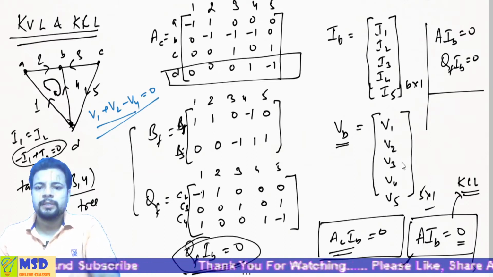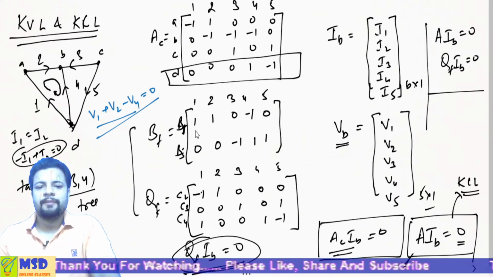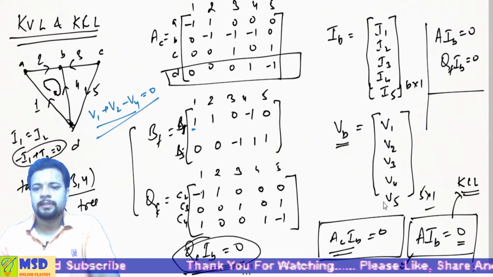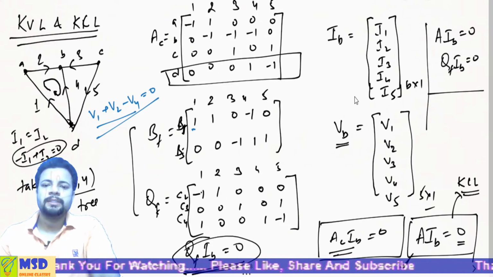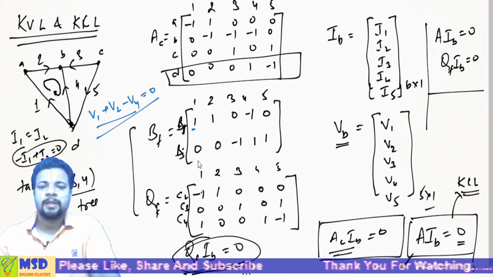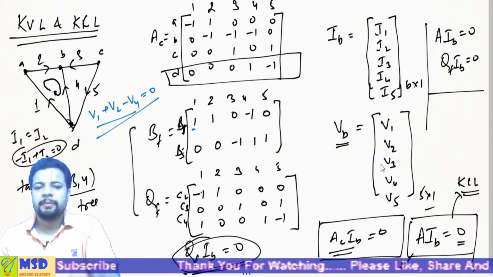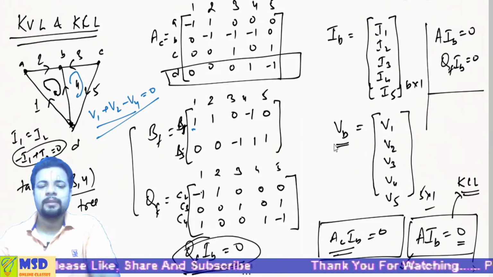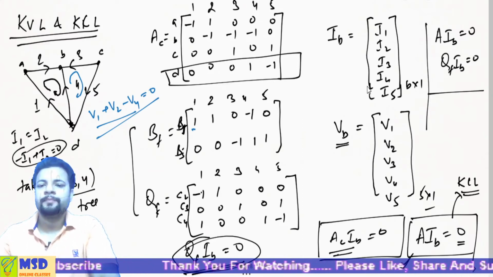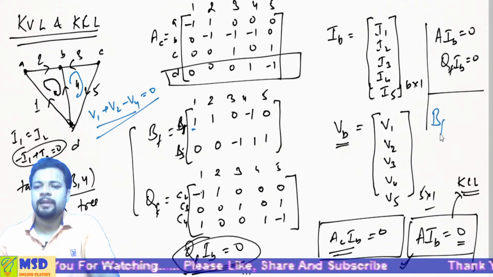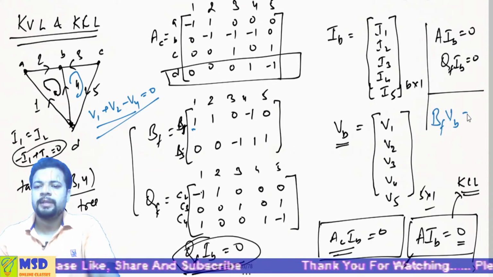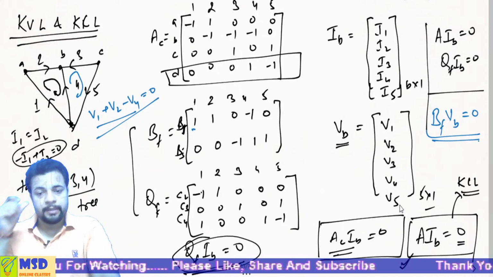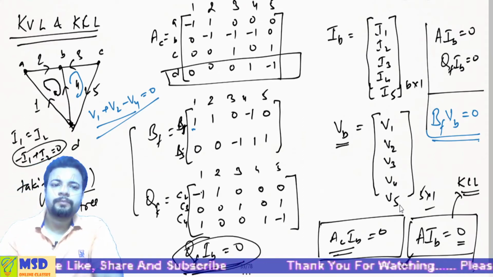to 0. So again what we can see here is, the first row multiplied with this column vector will give you a 0 element. Similarly, the second row multiplied with this gives you KVL in this second loop. So again we can say that BF into VB is equal to 0, and this is KVL for graph theory. I hope I'm clear to you.